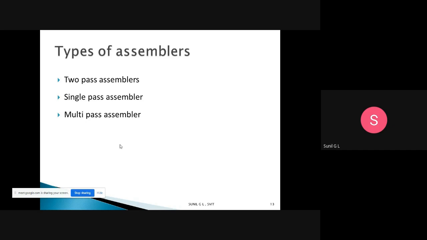We need to convert assembly language to machine instructions, and for converting assembly level language into machine level language we can use these different assembler translators.